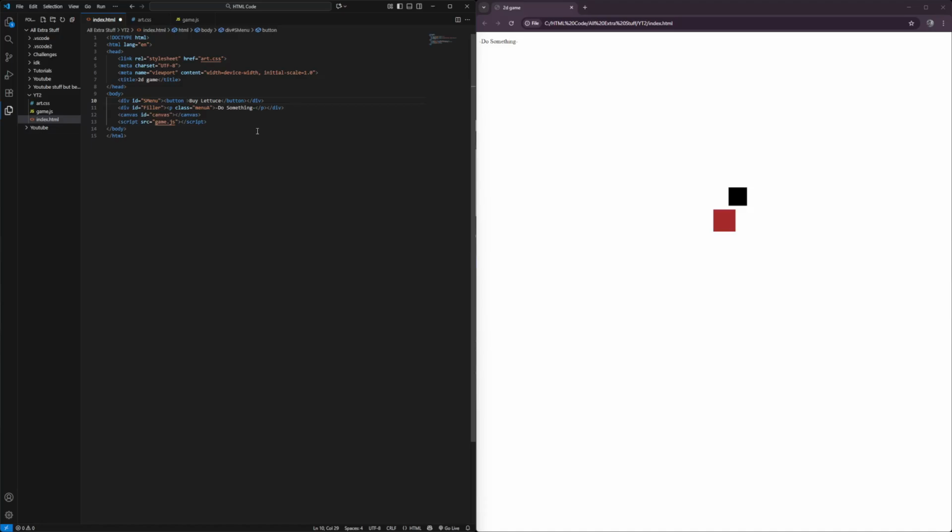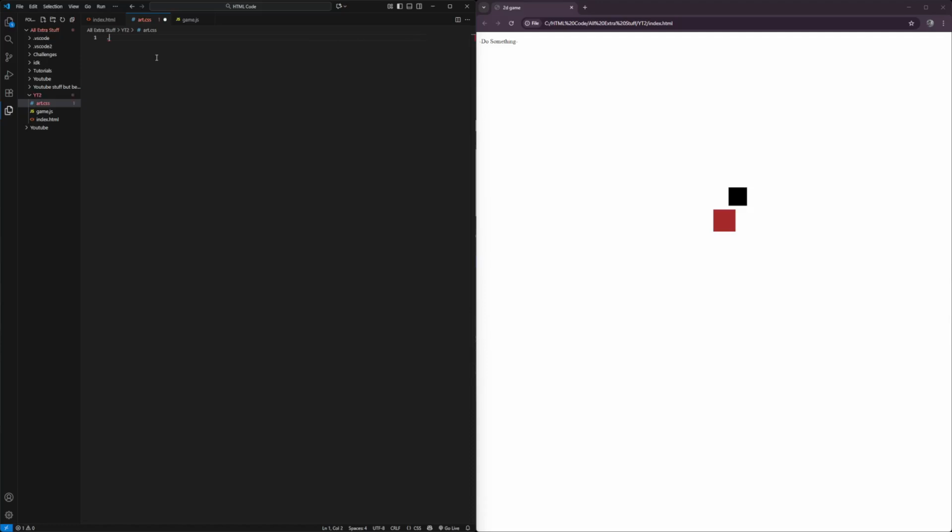This will be filler A. Class equals menu A. So now if we go into CSS, dot filler A and then curly brackets, we can go